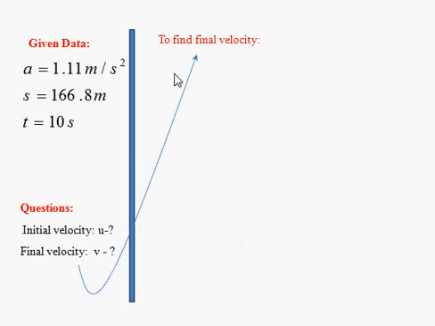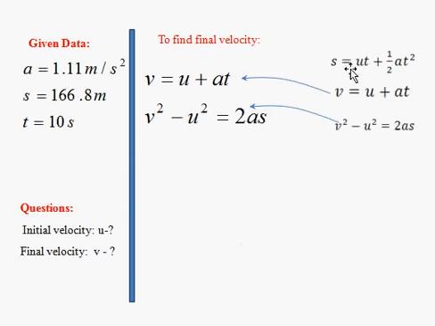Okay. Now to find the final velocity. I am writing all the three equations here in order to have a better understanding. Now we have utilized the very first equation to find the initial velocity. Now we have the remaining two equations, and these two equations possess the final velocity term, that is v here and v here. So we can use these two equations, but let us see what happens if we use the first